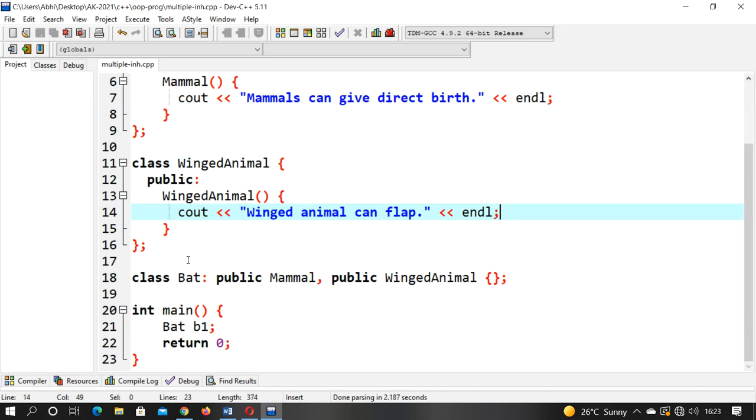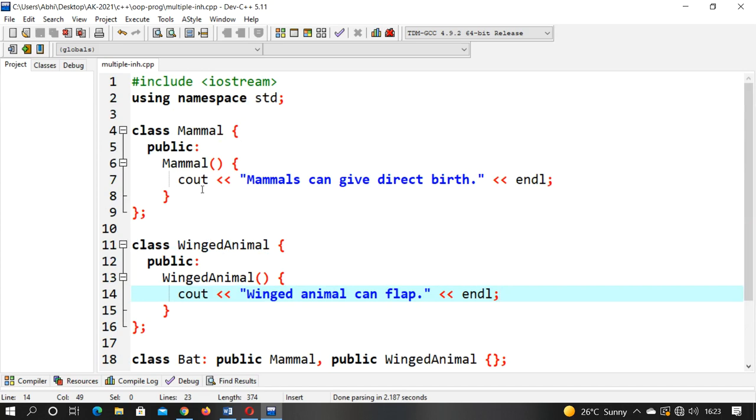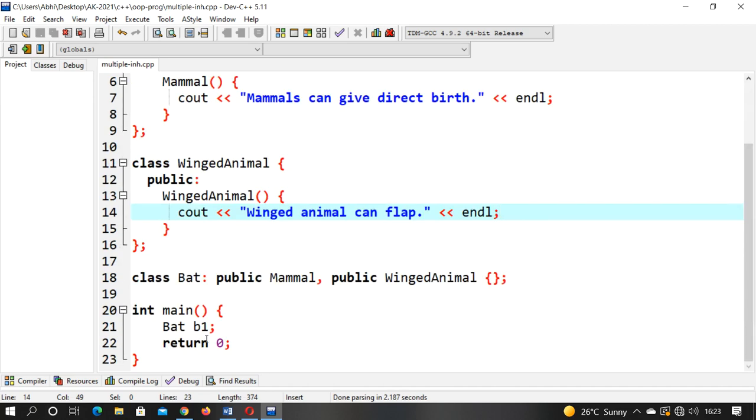Now in the main we create the object of that particular derived class, bat. So b1, as we know, publicly inherits mammal and winged animal, so it automatically calls that particular mammal class and that particular winged animal class. So whatever code we have given in the function of mammal and whatever code we have given in winged animal is automatically called as the object b1 is created.